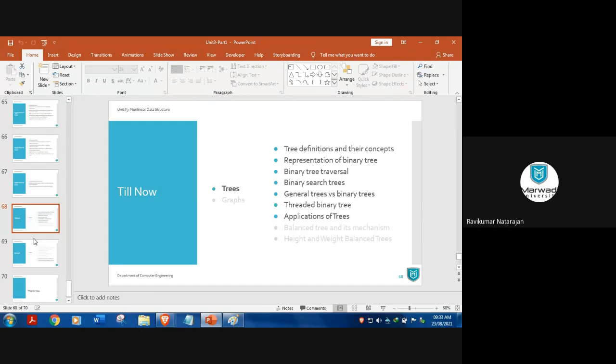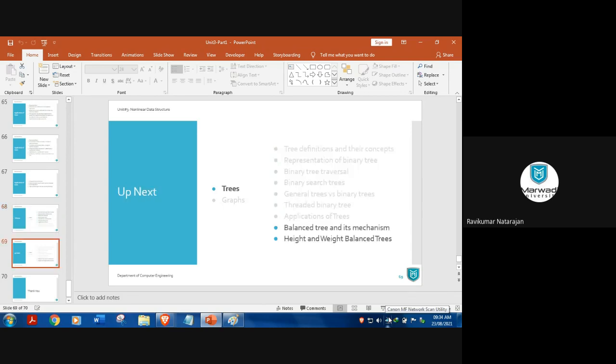So I'll just give you an intro of that particular topic in this session. In the next session we will solve a problem, but you need to understand that one clearly. You need to keep your eyes open. Don't sleep, okay? Because it is a very important concept called the AVL tree. That will be given as a big question always in all the exam papers. You can see that question.